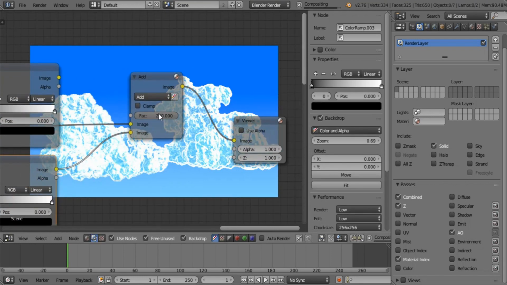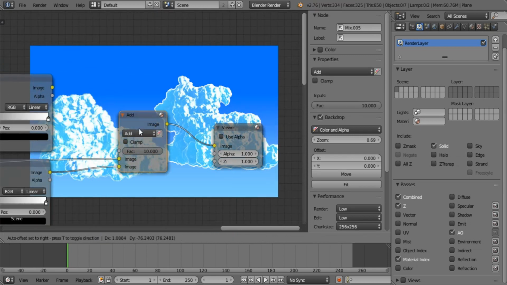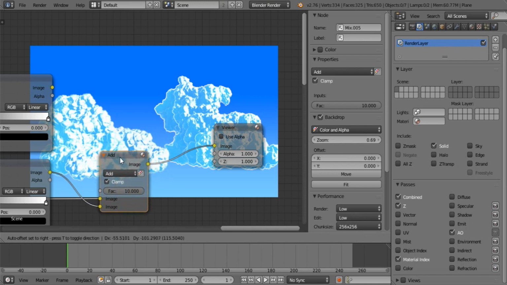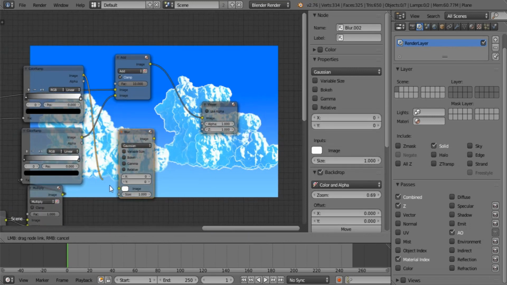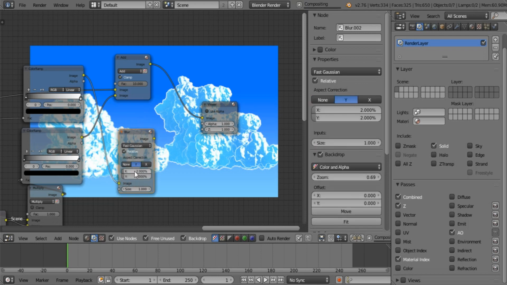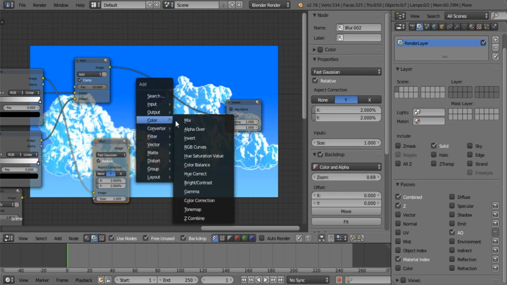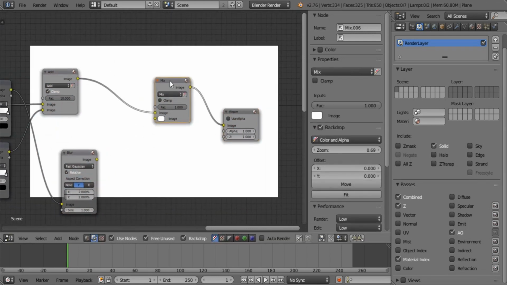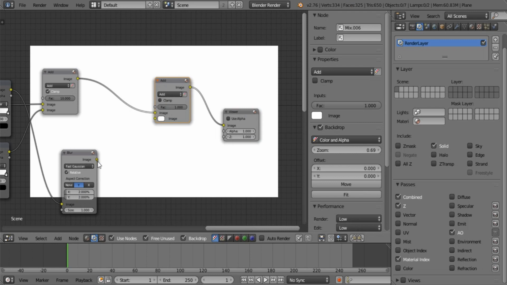Okay, and that I multiplied by 200 in the example, but 200 is way too much for this, so we're going to knock it down to be about 10. Yeah, 10 is fine. Okay. And then you will also be blurring this one over it by 2. Add this over,